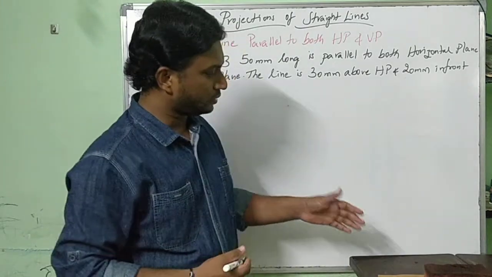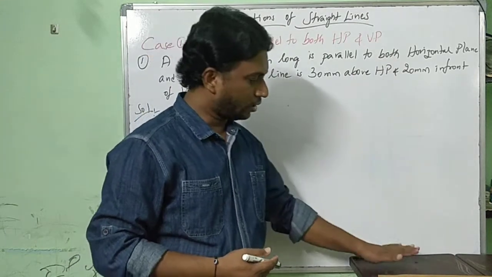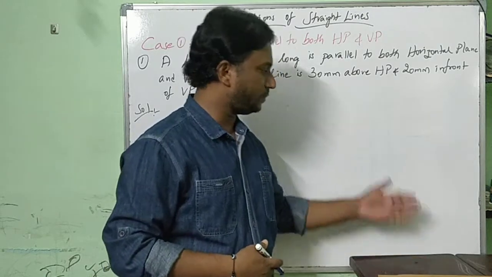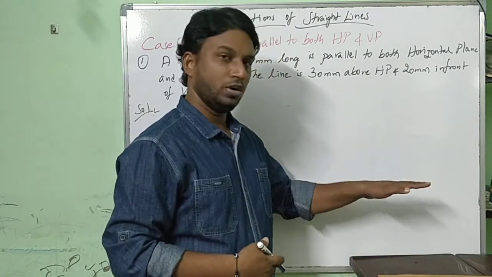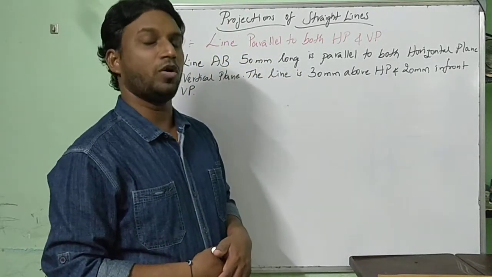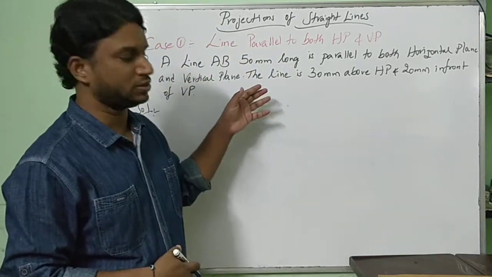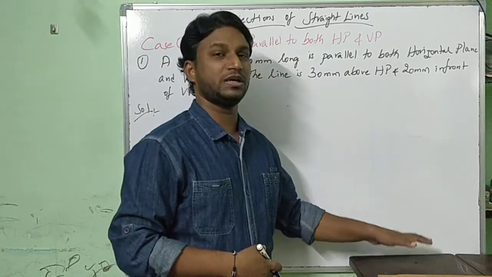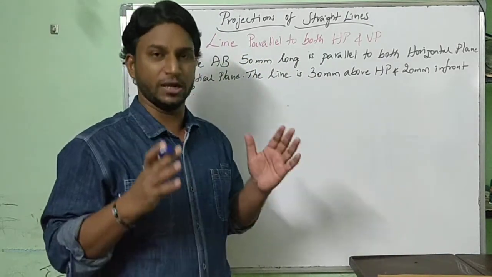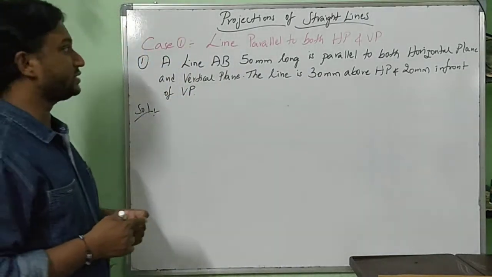Now, please consider our whiteboard as the vertical plane, and the table which I am showing with my hand as the horizontal plane. Above HP, in front of VP, this is the first quadrant. Whatever projections we are supposed to draw or discuss with problems, you can always consider the first quadrant as per our BIS, Bureau of Indian Standards. In India, we follow first angle projection.